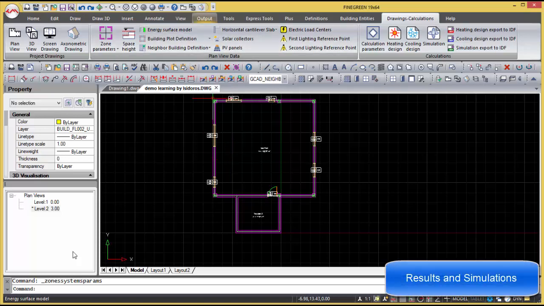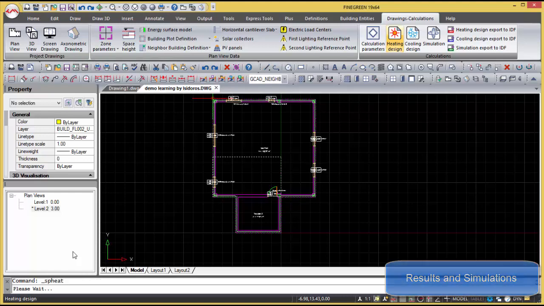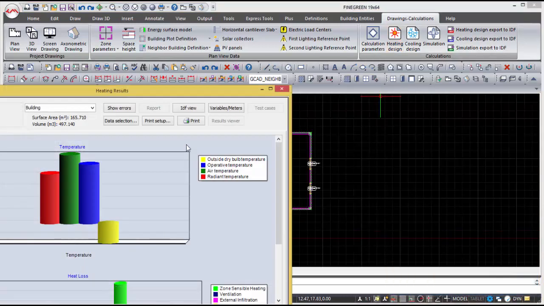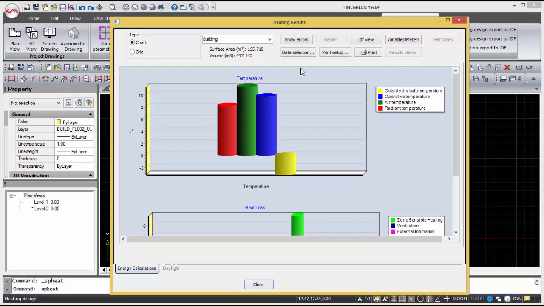From the moment we fill in the thermal zone data, we could see some first results. By choosing heating design, we could see some calculations of heat loss. Selecting apartment, we see the calculations only for the apartment and respectively for any space. We observe that the air temperature in green is at 20 degrees, the operating temperature at 16 and the radiation